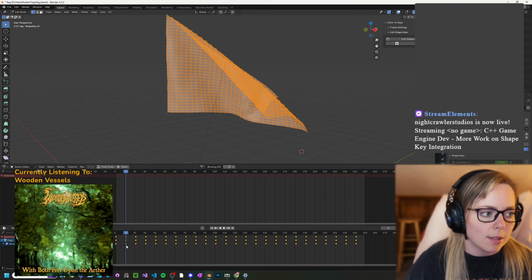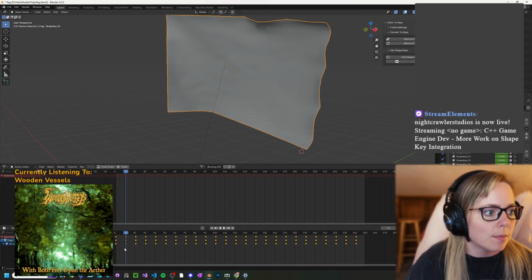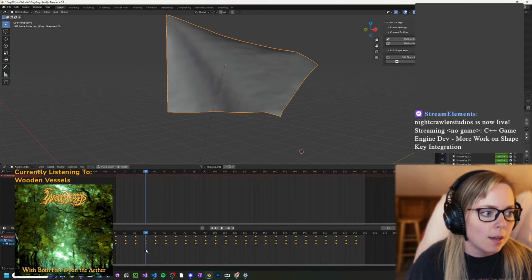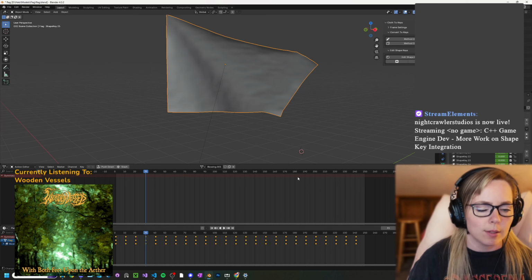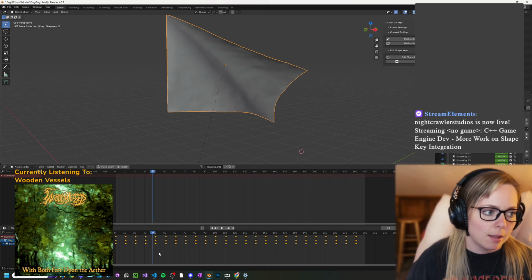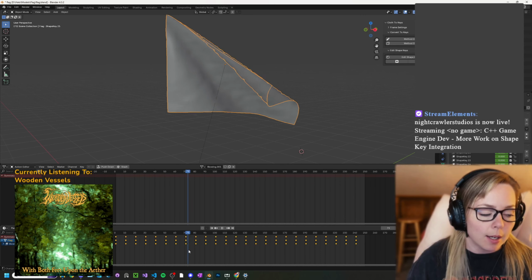Then you go to the next keyframe, and you again capture the delta between the previous keyframe and now, the position offset or transform offset for every one of those same vertices. So if you think about it, you're capturing a copy of the mesh